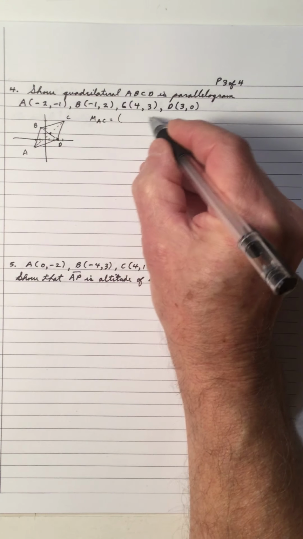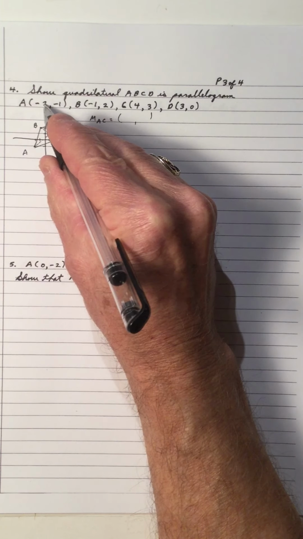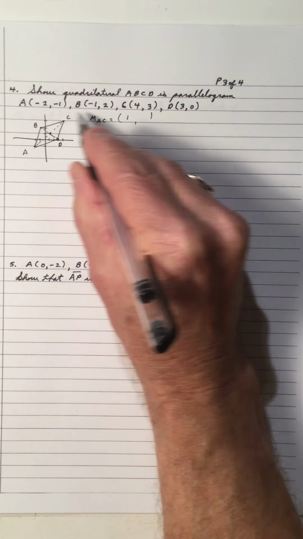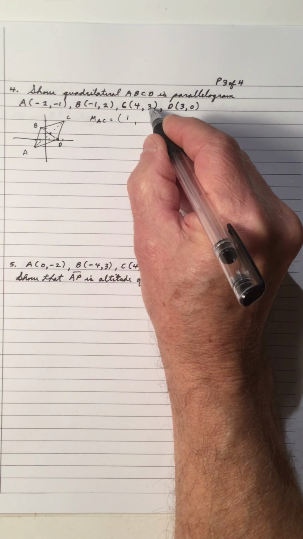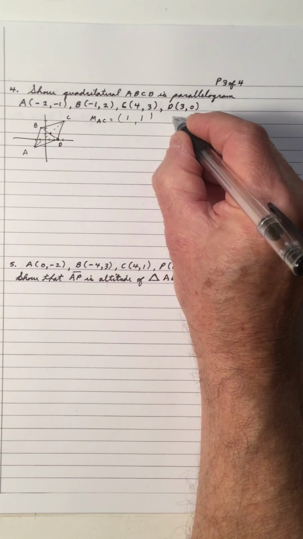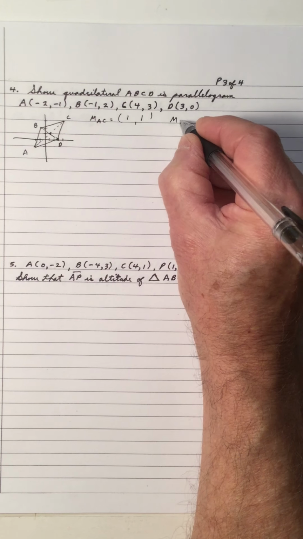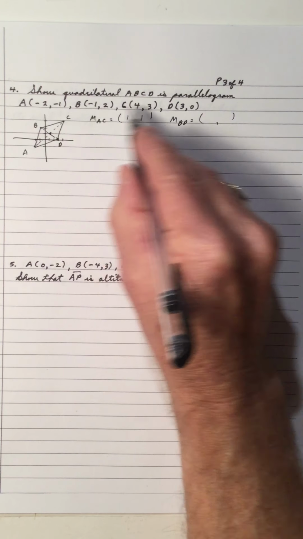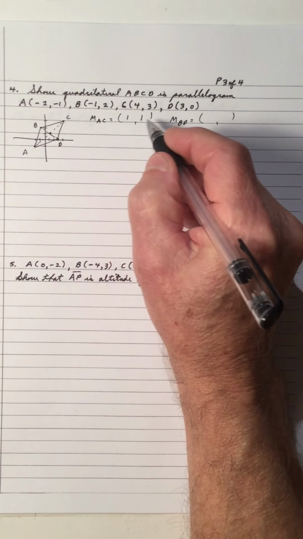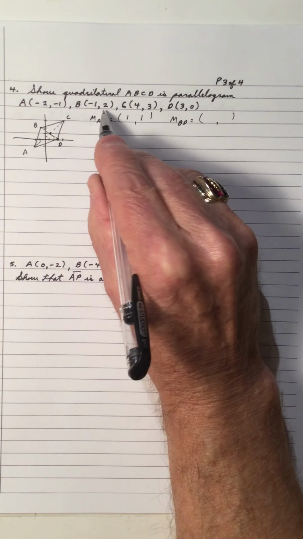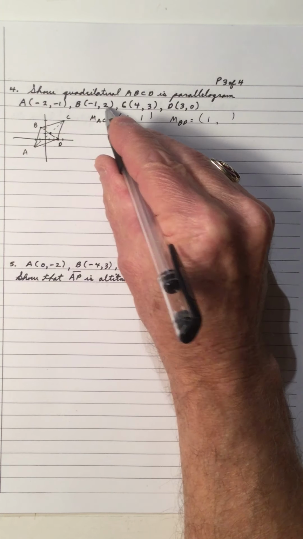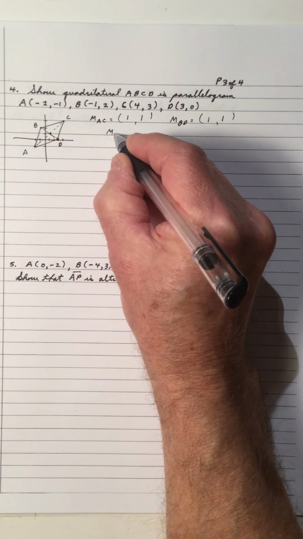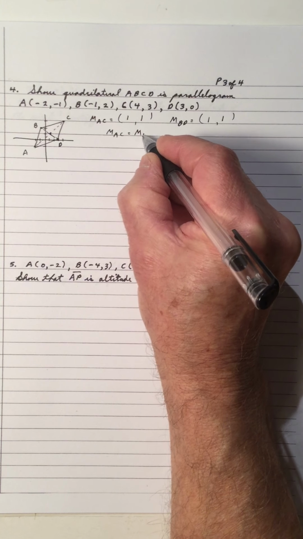At AC, the midpoint of AC, A and C, 4, -2, is, add them up, you get 2 divided by 2 is 1, and -1 and 3 add up to 2. 2 divided by 2 is 1. And the midpoint of the other diagonal BD, there's B and there's D, add them up, -1 plus 3 is 2. 2 divided by 2 is 1. 2 plus 0 is 2, divided by 2 is 1. So notice the midpoint of AC equals the midpoint of BD,